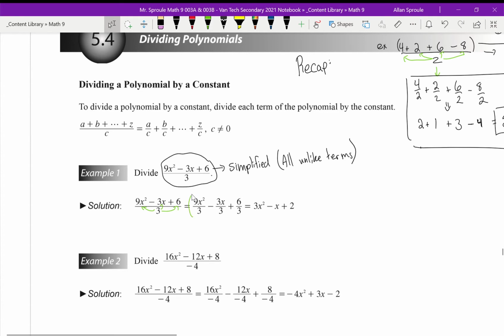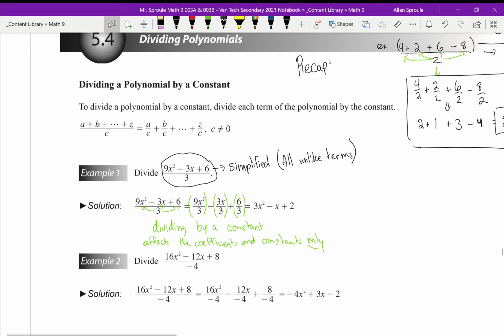So then you end up with 9x squared divided by 3, take away 3x divided by 3, and 6 divided by 3. And again, dividing by a number, or I'll say a constant, affects the coefficients and constants